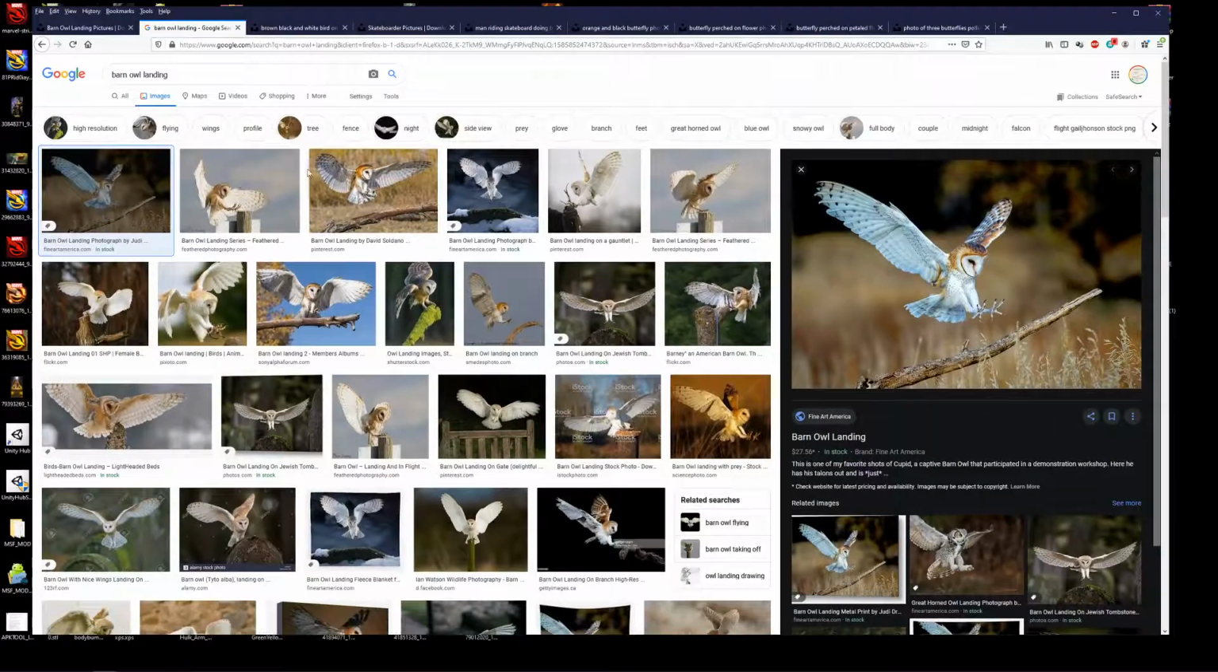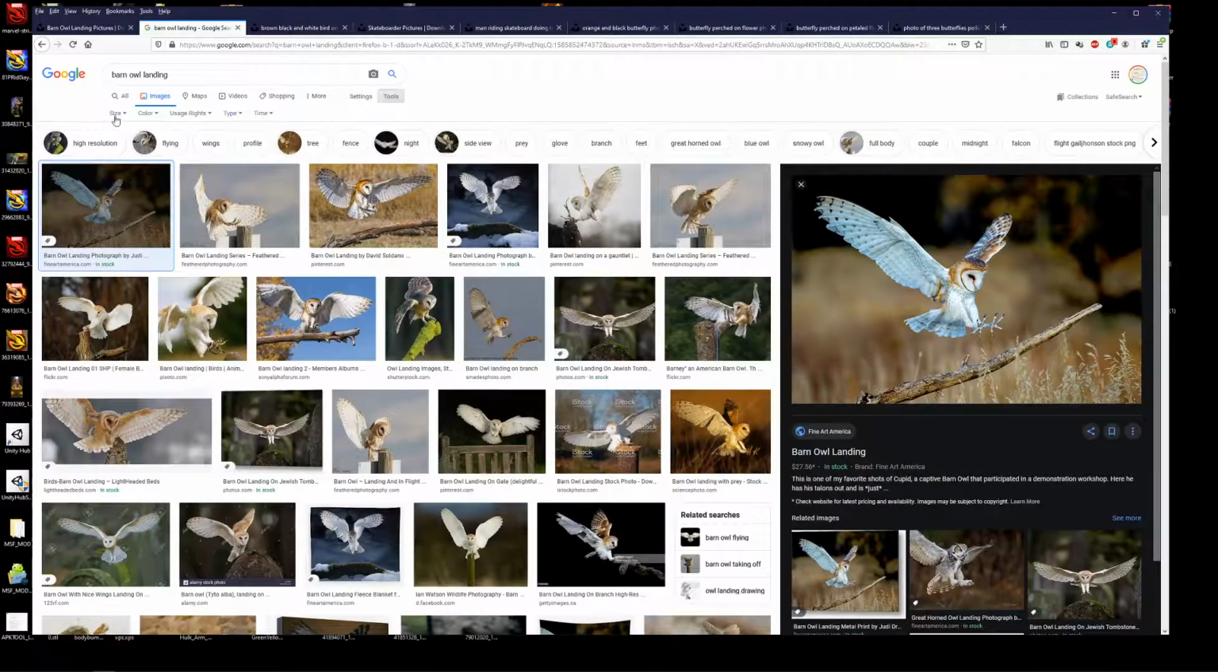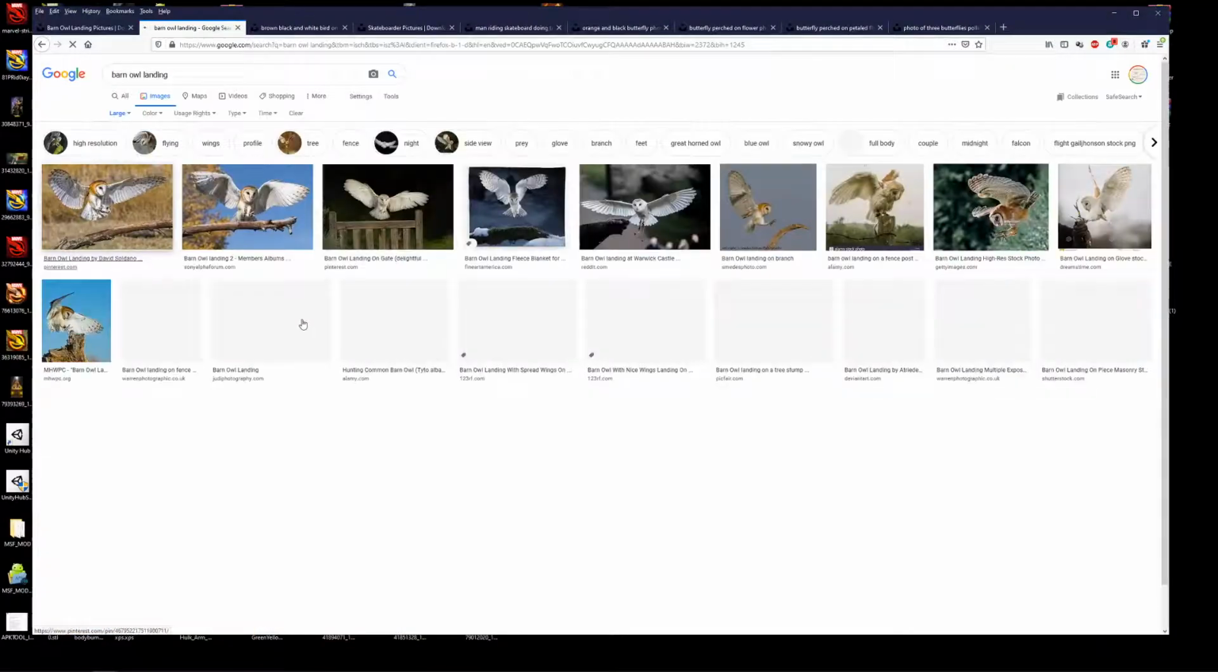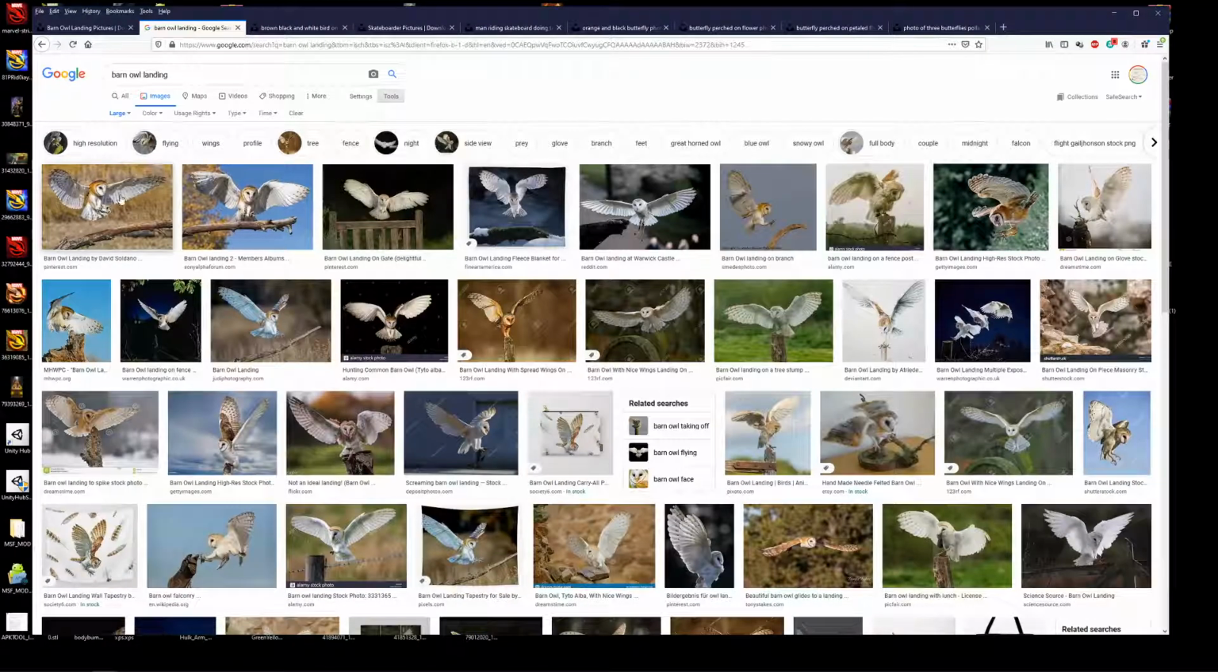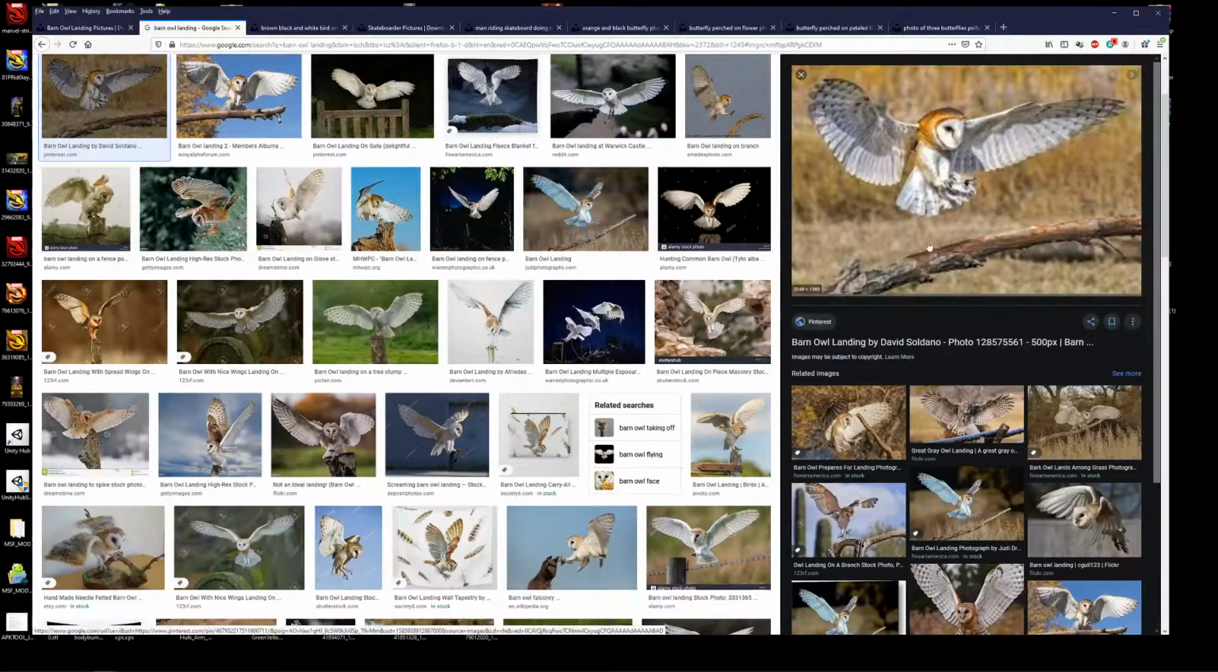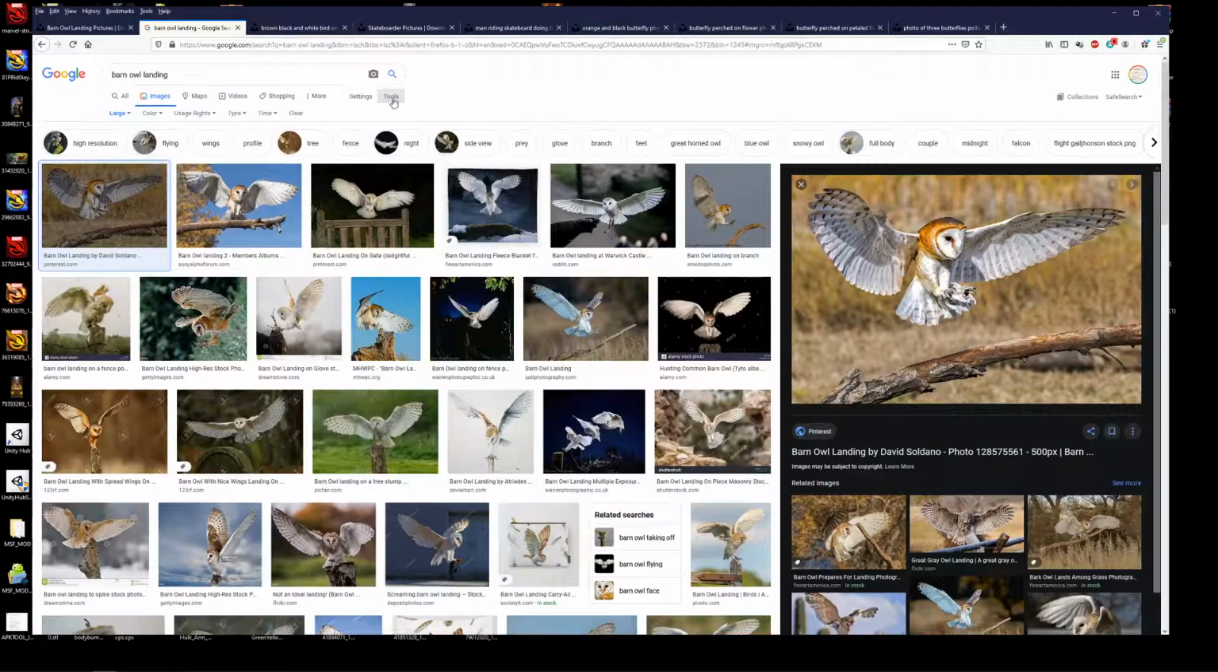What's nice about Google is that you can go to these tools and go to size large. Right, so now we know these are bigger images. They may not be perfect in size, like this is 2048 by 1365, which is really only about 2.5, 3 megapixels. Not that big. I prefer higher resolution, but what you can do is go to the tools, go to settings,